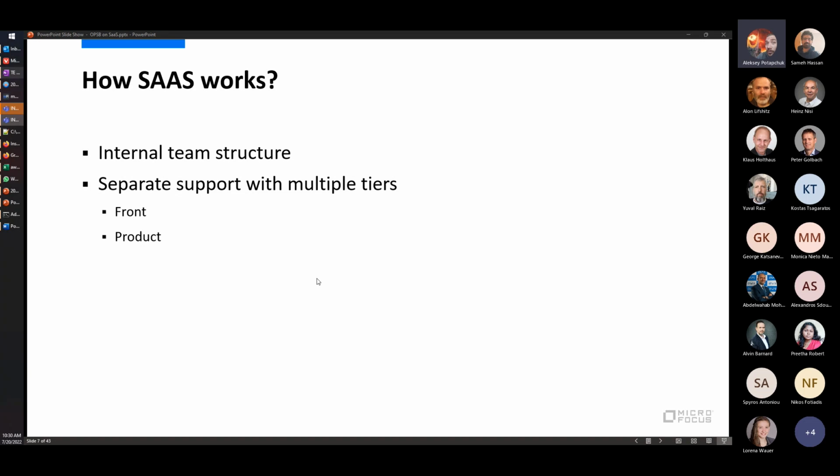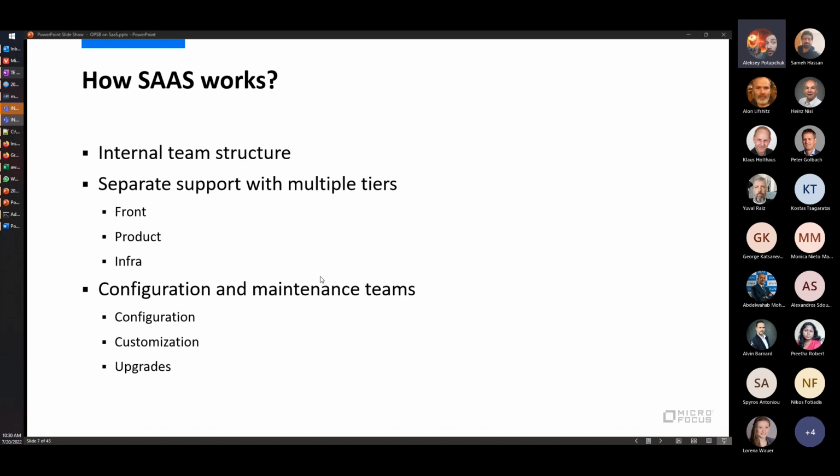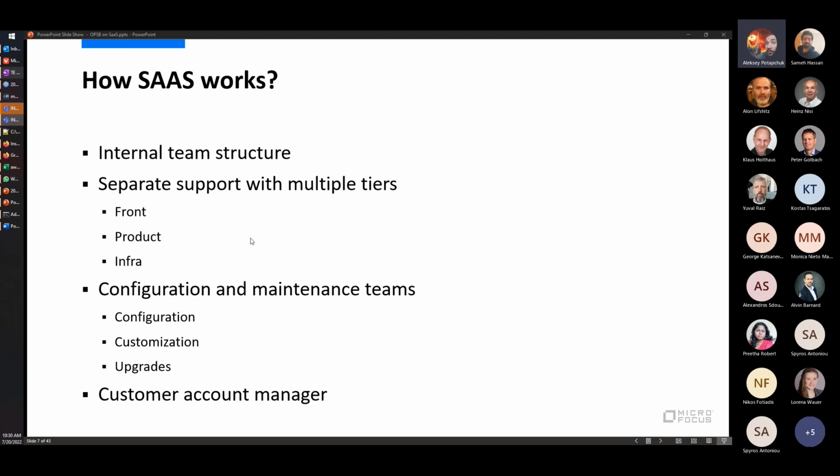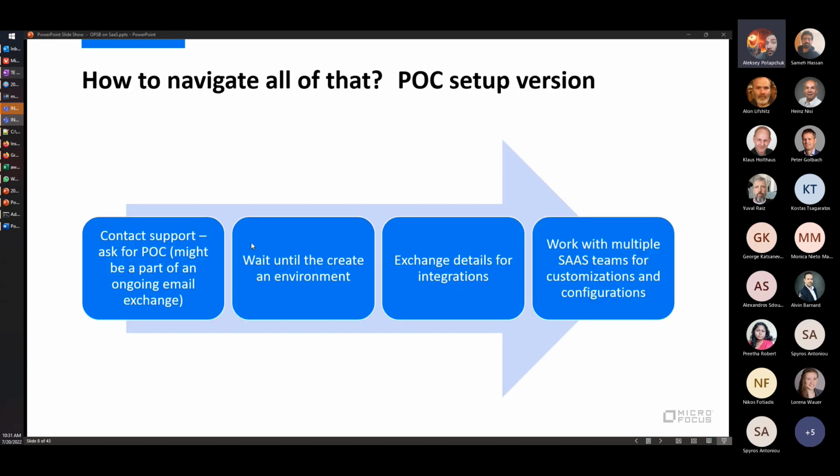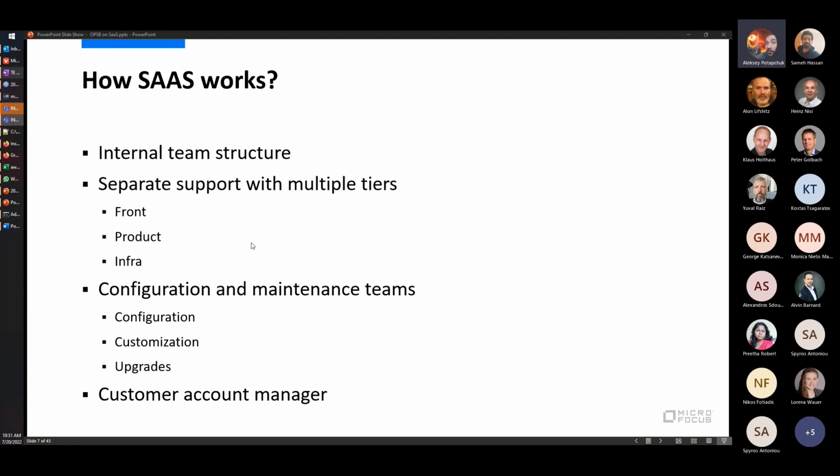They have the front end, the product operation team, and the infrastructure team. They also have people that do all the configurations, customizations, and upgrades, which would be the product team, but on a different tier. And there's also the customer account manager. Many people participate in all of that, and you need to take their existence into account. We will discuss them in particular a little bit later, but you need to understand that in SaaS,